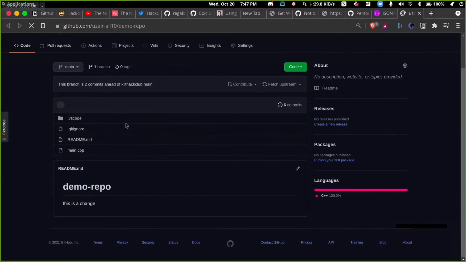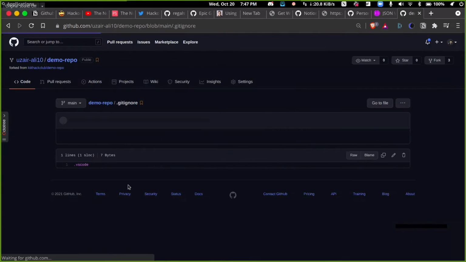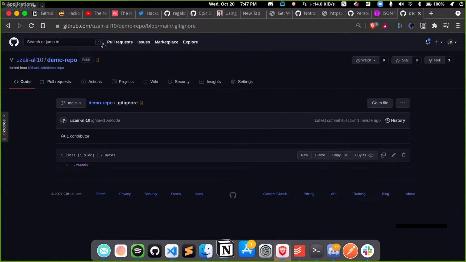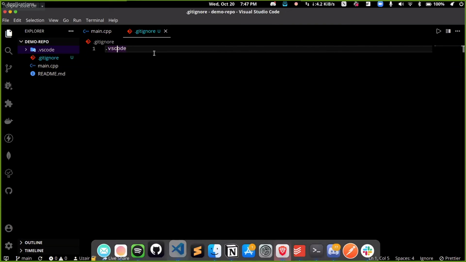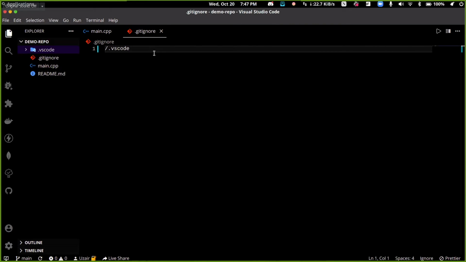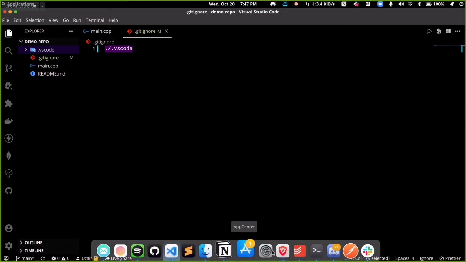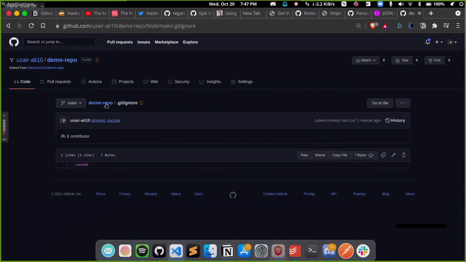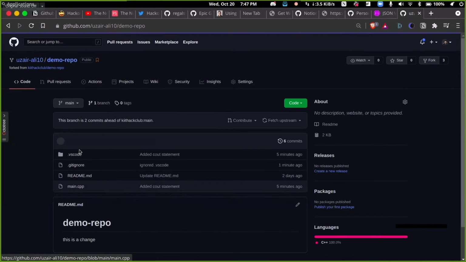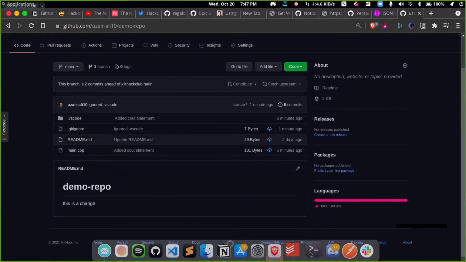Yes, look, this .gitignore file was added, and I wonder why the .vscode folder is still there. Never mind, it seems to be some problem with my laptop, but it should be ignored. So that's how we push things to GitHub.